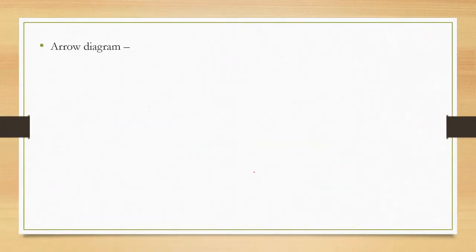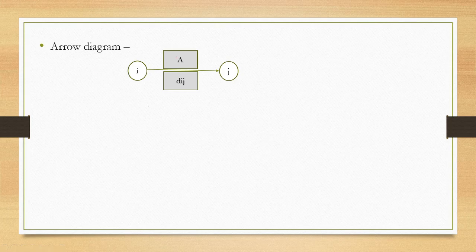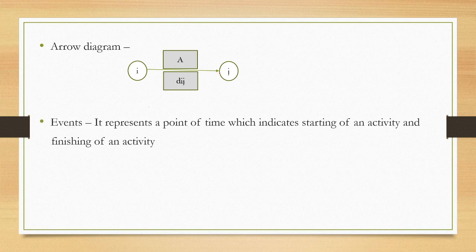What is an arrow diagram? We have seen in our example that it was cake and it has some duration. So cake was the activity and the duration was 8 minutes. Let's say this is the ith node and this is some jth node. This arrow represents that the activity is starting from i and ending at j. So this is an arrow diagram, which gives the activity name, activity duration, and the direction of where it is starting and where it is finishing.